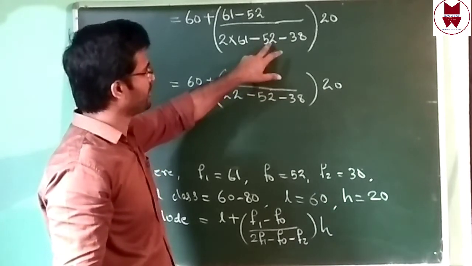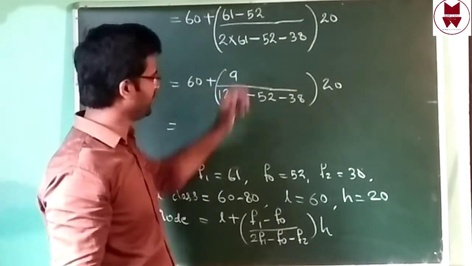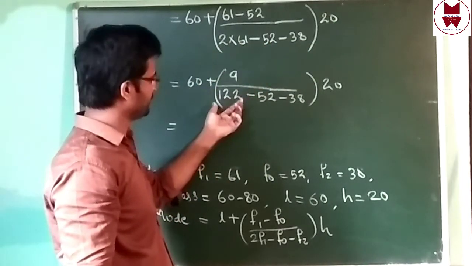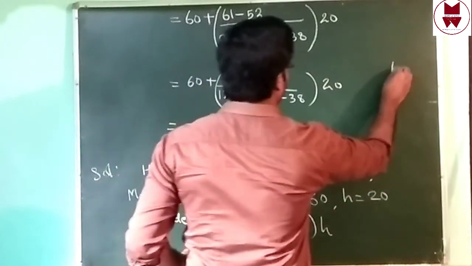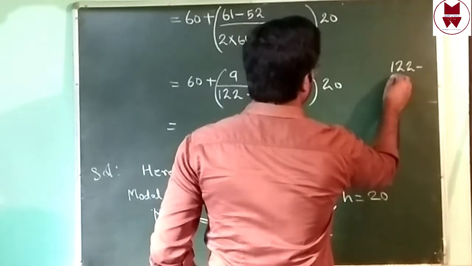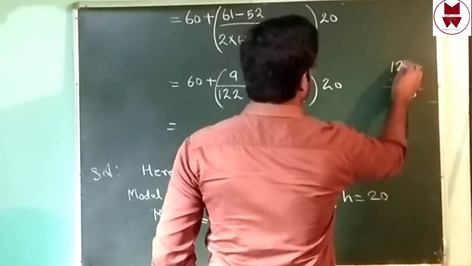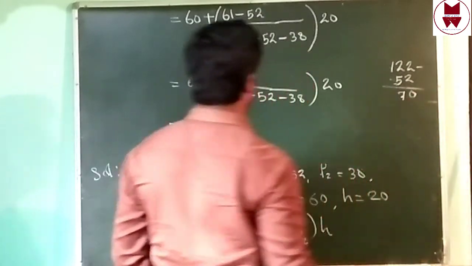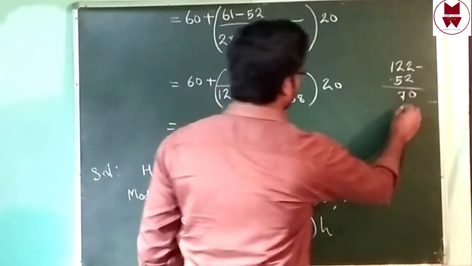Then if you are doing, first add 52 plus 38, then give minus. Otherwise first do 2 into 61, then 122 minus 52 you can do. 122 minus 52, 70. If you do this part you will get 70. 70 minus again 38,